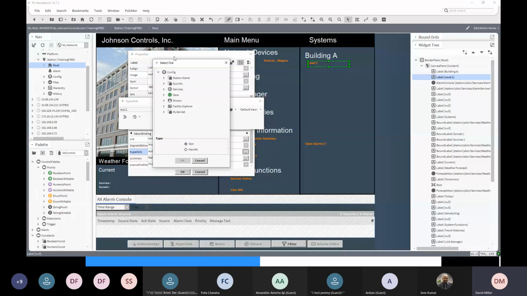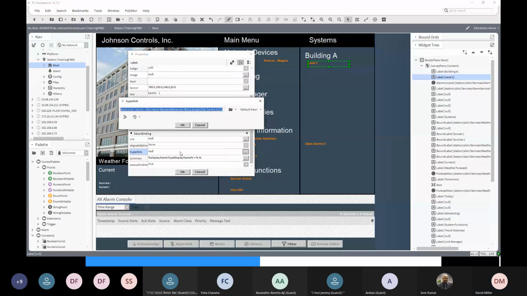I'm now displaying everything below the config on the station. If I expand out my drivers, my BACnet network, my building A, my level 1, if I select level 1 and go OK,